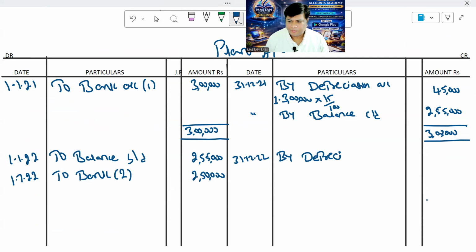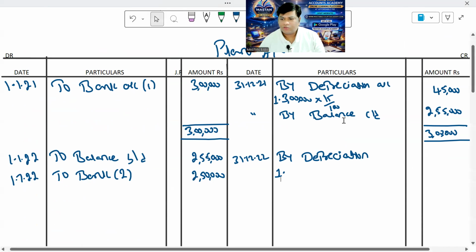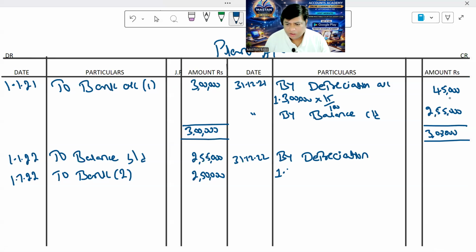depreciation. First machinery diminishing balance method got end chedam. The value of the first machinery is 3 lakhs and 45,000 is the depreciation. So first machinery value 3 లక్షలు ఉంది, దాని యొక్క depreciation 45,000. సో మనం diminishing balance method కాబట్టి దాని యొక్క బ్యాలెన్స్ కనుక్కుందాం. ఇక్కడ 3 lakhs minus 45,000 is equal to, ఇక్కడ రాసేస్తున్నాను,